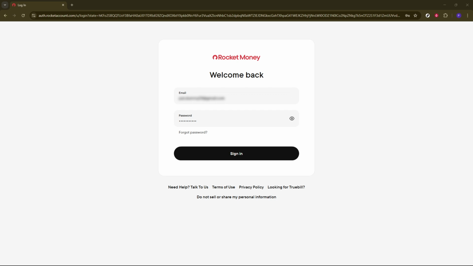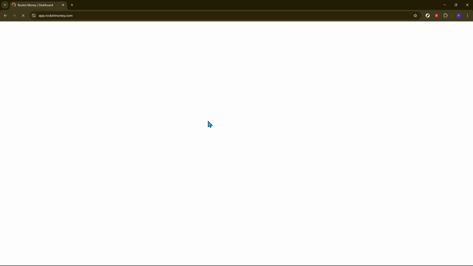First things first, open your favorite web browser and head to the Rocket Money website. This is your starting point to access your account and all the features available to help you manage your finances. On the home page, you'll want to click on Sign In to enter your account. If you already have an account, simply provide your credentials and log in. If you don't, you might need to create an account, which is a simple process and just requires a few